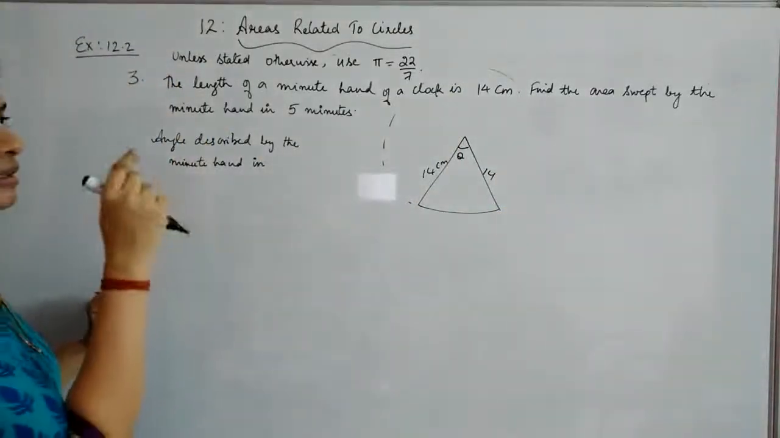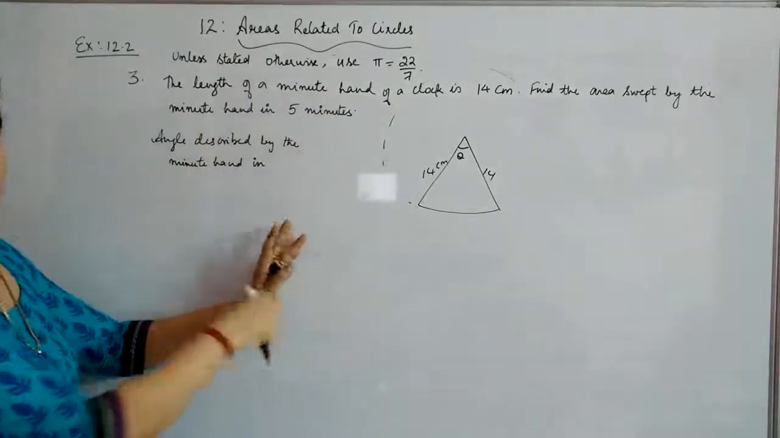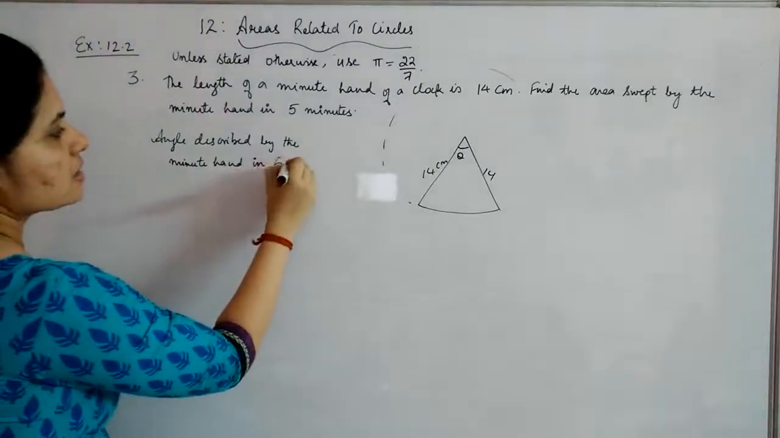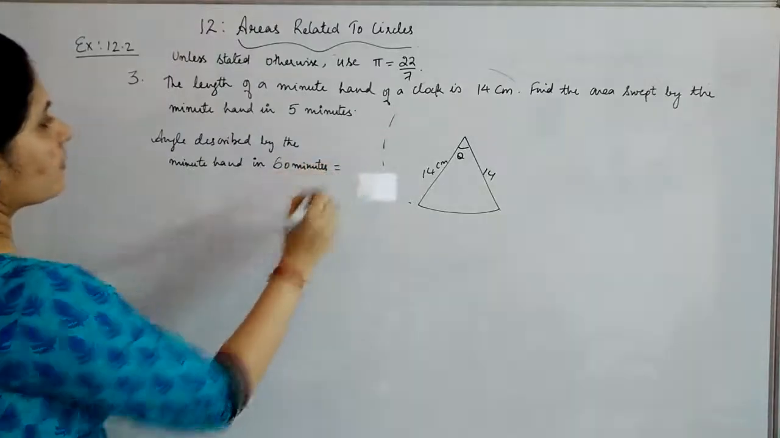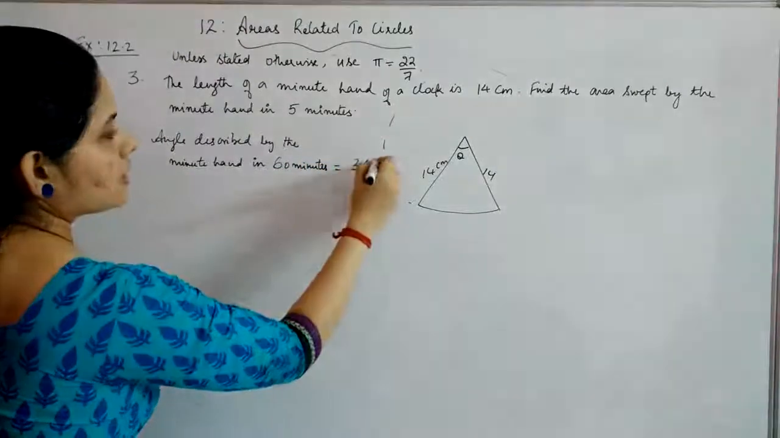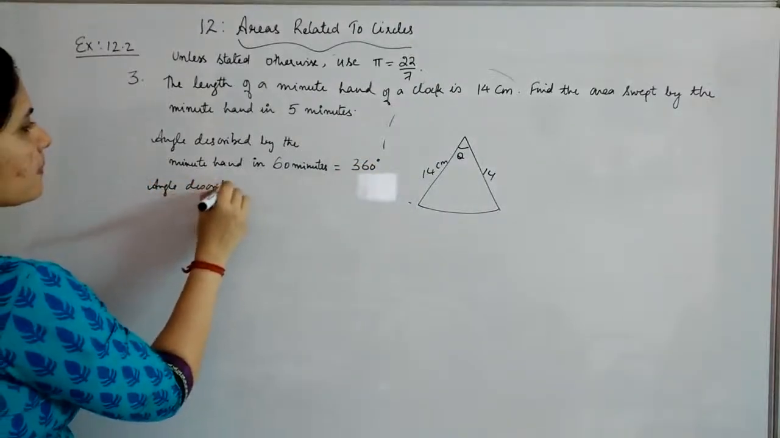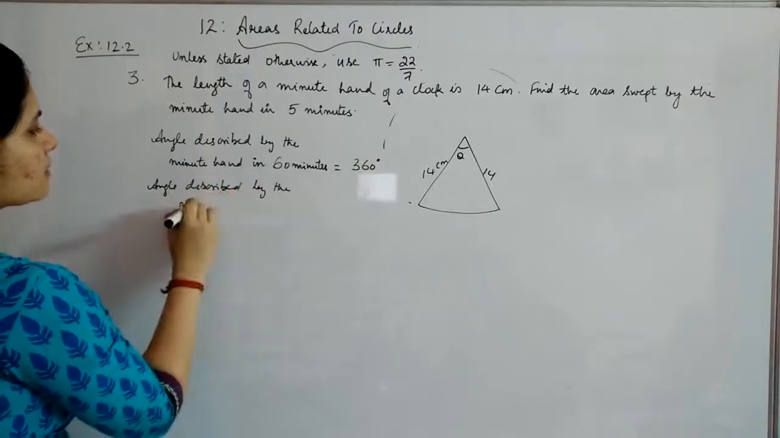Okay, that is the minute hand starting from a position and reaching the same position. That will take 1 hour, or you can say 60 minutes. So in 60 minutes, the angle described will be how much? 360 degrees. So what will be the angle described by the minute hand